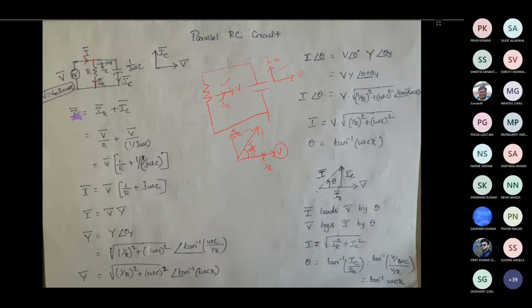So you know that I phasor is equal to IR phasor plus IC phasor. IR phasor is the current which is coming here. So the phasor is having a magnitude and an angle. So this IR can be given by V divided by R, and this IC can be written by V divided by XC, that is along with the reactive component, that is J. So that is here. Okay, now